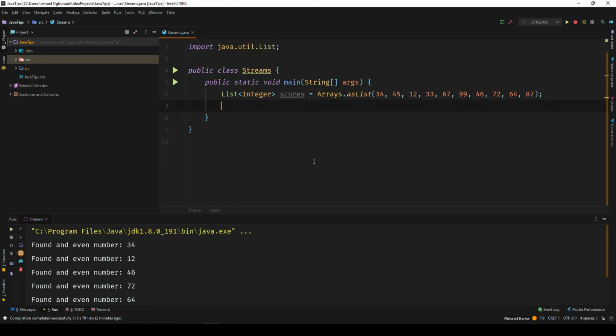Java streams represent a sequence of elements. So as you can see, this list of values from 34, the first element, down to the last element, which is 87, we can make this into a stream of data and then process it in pipeline operations. So let's get to the code so that you understand what I'm saying. If I want to convert this list into a stream, all I do is